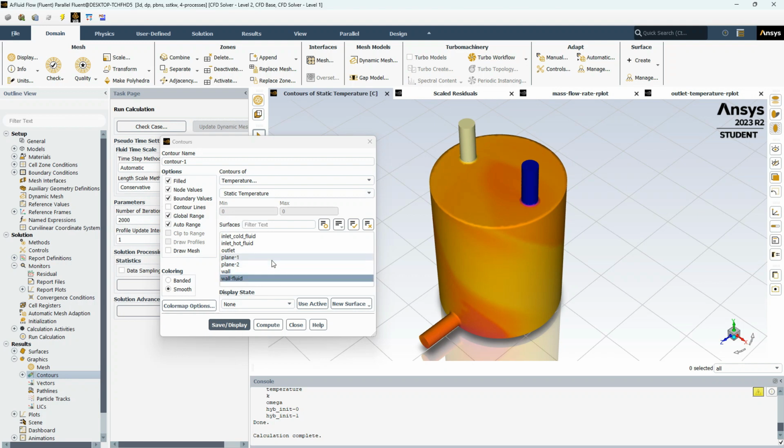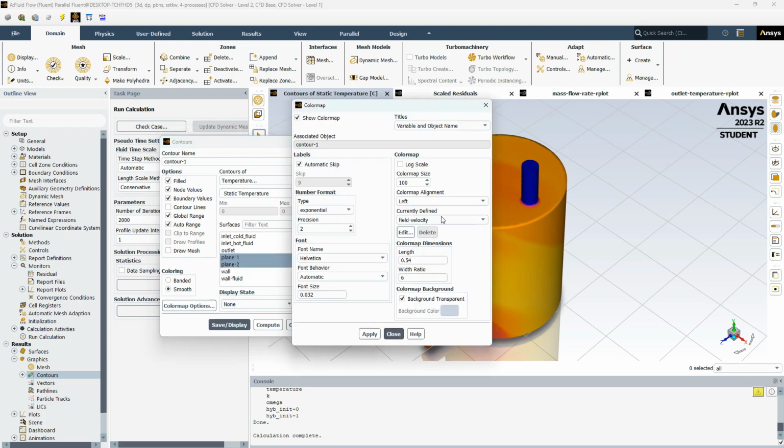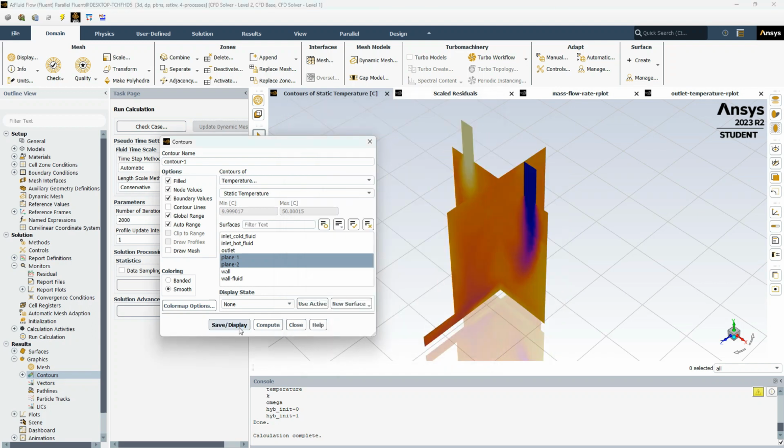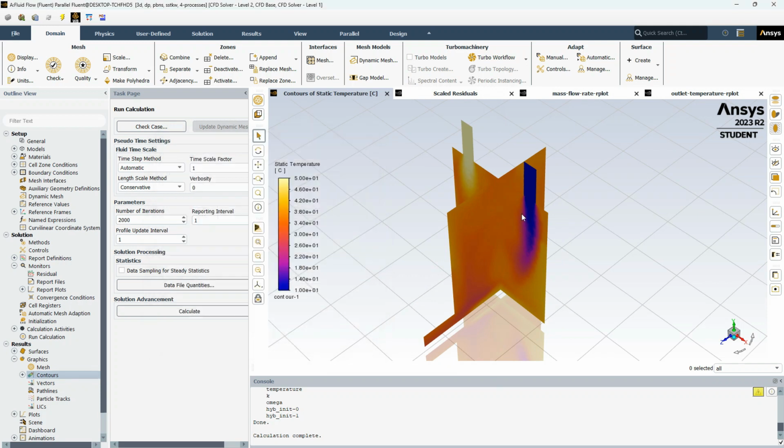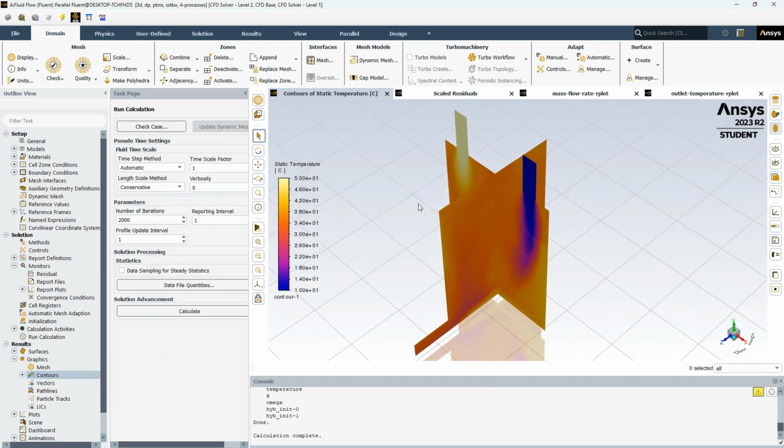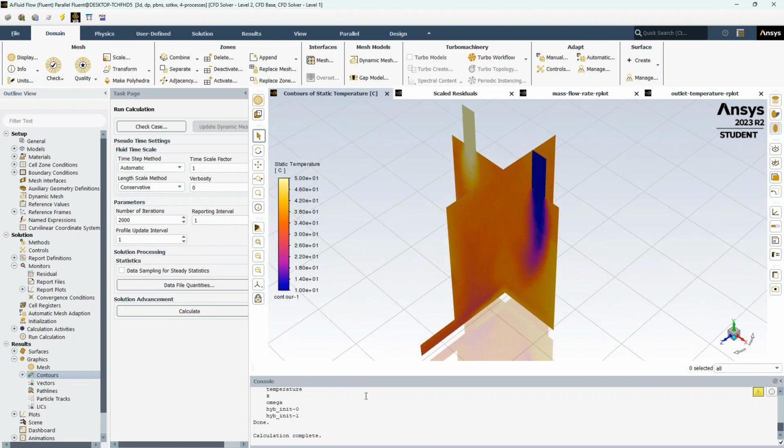So for this, we just select plane 1 and plane 2. Then check here. I'm about to change this also to field temperature. Click on apply, close it, then click on save display. So you can see our contour, the temperature contour along the XY and the YZ plane. So come here again,